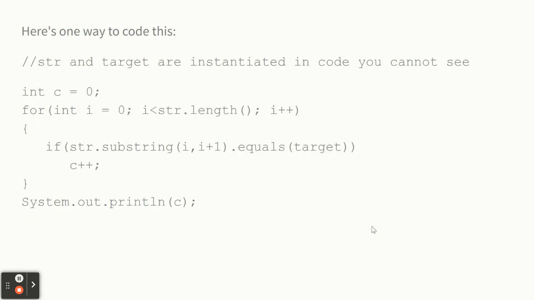You're going to have the slide deck in a second. So here's one way to do it. Assume that str and target both already have stuff in them. So here's my count variable. And here's int i equals 0. Michael. i less than str.length. So if substring(i, i+1) equals target, then we add 1 to the number,